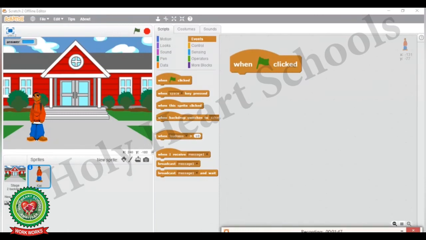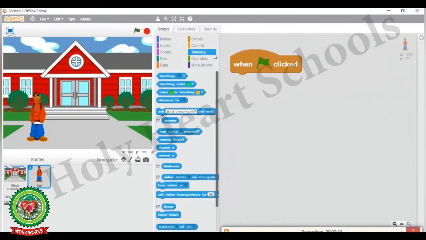Now if I want my sprite to display any message or to ask a question so that the user can give input at the time of execution, I am going to click on the Sensing block. From there I am going to click on the Ask and Wait block. Now I will type "where should I go?"